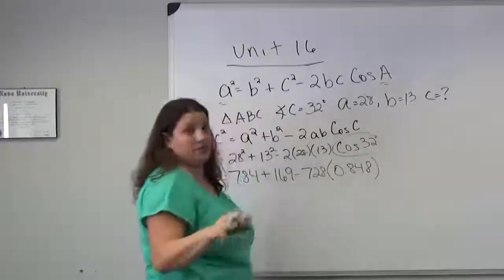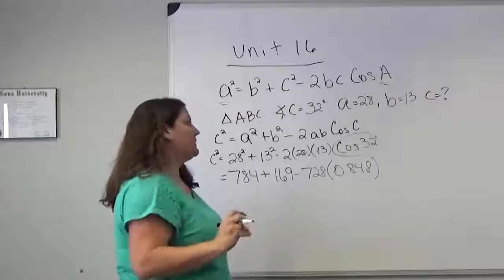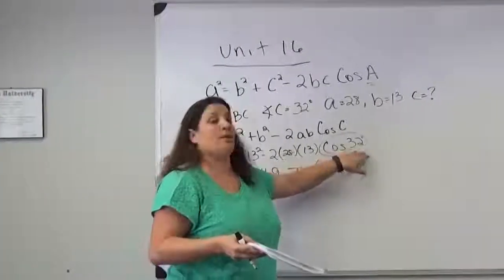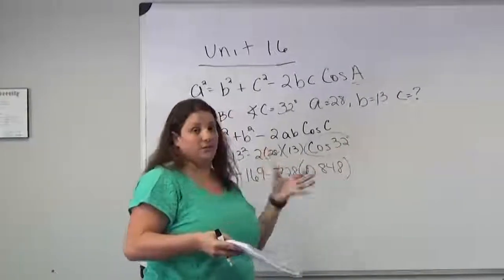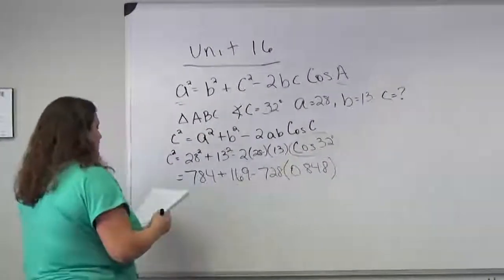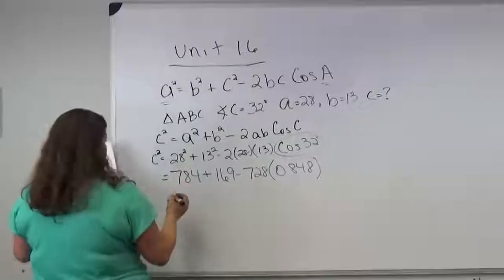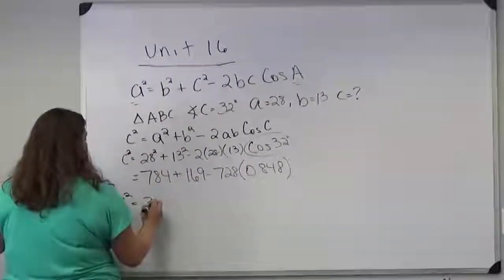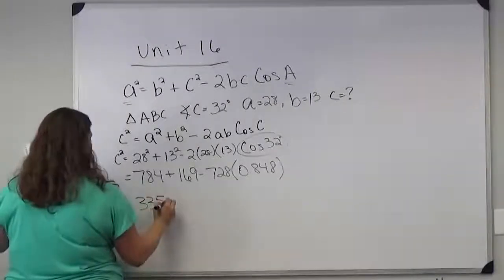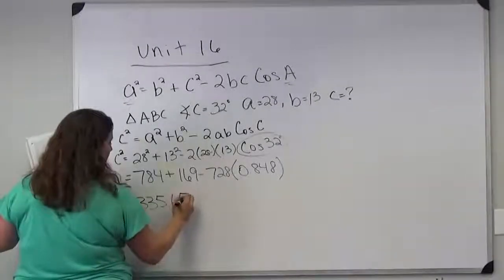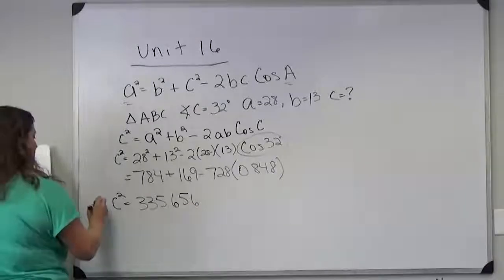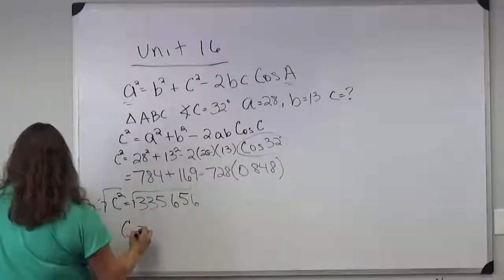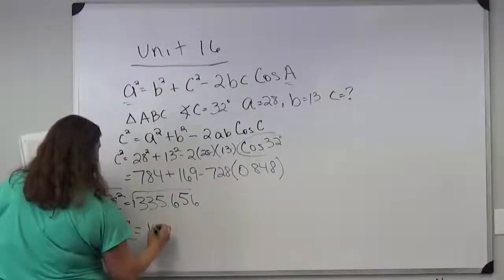Make sure your calculator is in degrees and not radians. Some calculators require you to press cosine and then 32. Some require you to press 32 and then cosine. It'll just depend on your calculator. And then if we do this all the way out, we get C squared equals 335.656. Take the square root of each side, and you're left with C equals